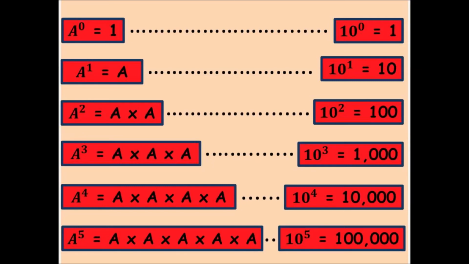What does it mean? Well, 10 to the 0, we work with base 10. Scientific notation is working with base 10. So 10 to the 0 means there's a 1 and 0 zeros. 10 to the 1 means there's a 1 and 1 zero. 10 to the 2 means there's a 1 and 2 zeros, etc. Now, scientific notation,